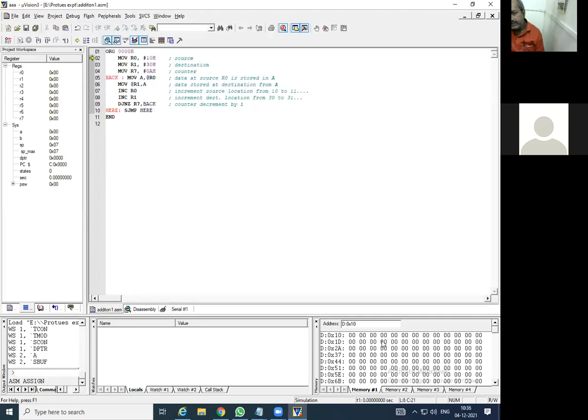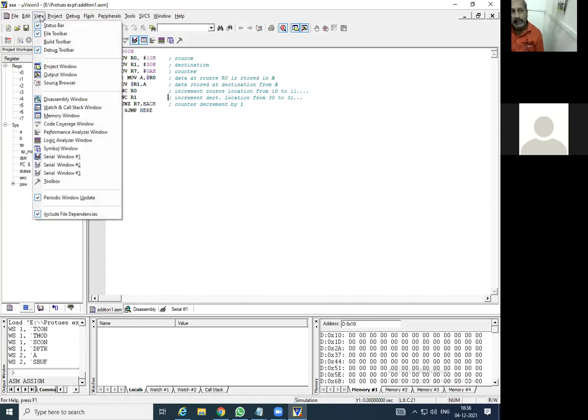So here you can see on the right bottom corner, the address block is opened, as I did yesterday. It automatically opens on your computer. If it is not open, how do you open this particular address location? For that, go to View. Click on View, and you can observe many options, windows and toolbars. From that, check the memory window. If you click on the memory window, such a window will appear here.